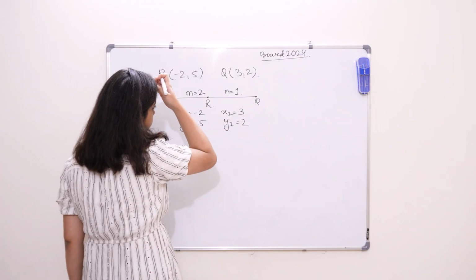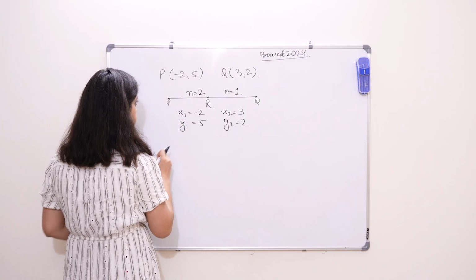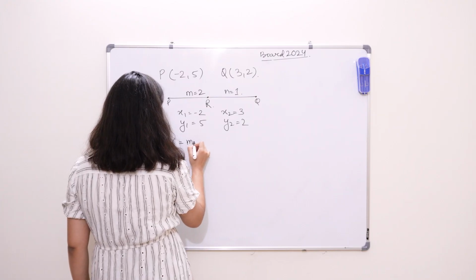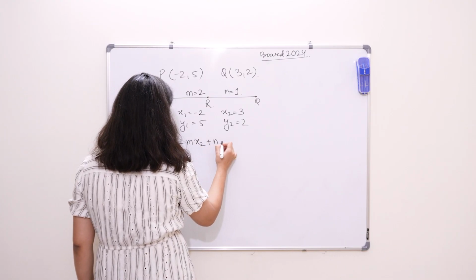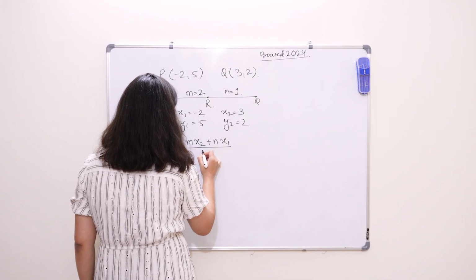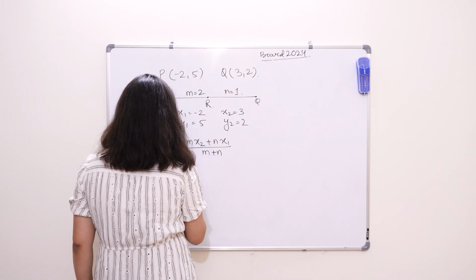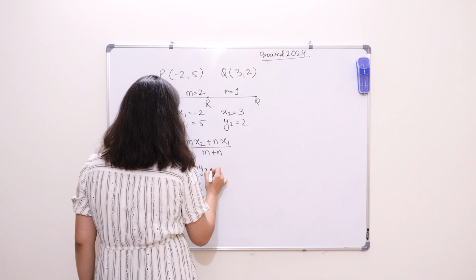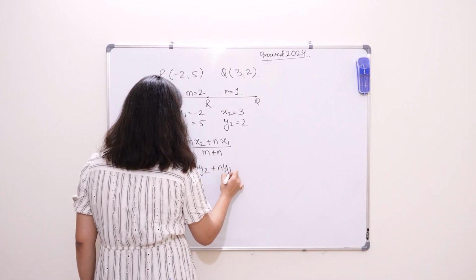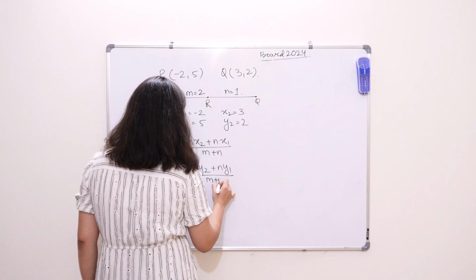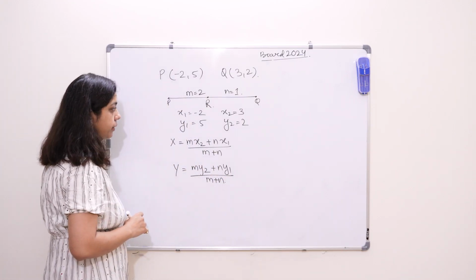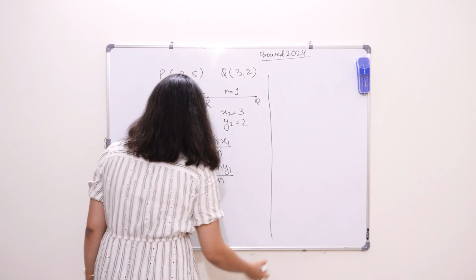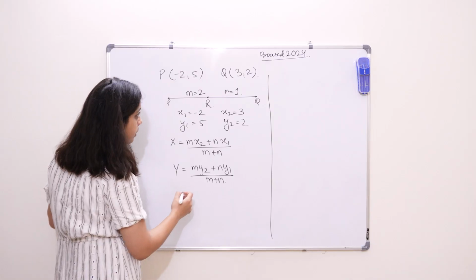राइट. सो हम निकालते हैं यहाँ पर x is equals to r के वैल्यूज निकालने हैं. सो x will be equal to m x2 plus n x1 divided by m plus n. y is equals to m y2 plus n y1 divided by m plus n. Right? This is my expectations. अब इसी के बेसिस पे क्वेश्चन को सॉल्व करेंगे. x क्या बनेगा,